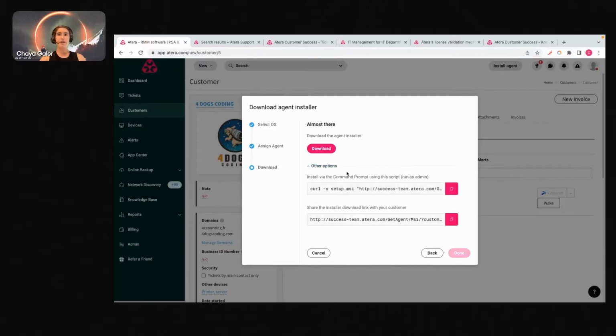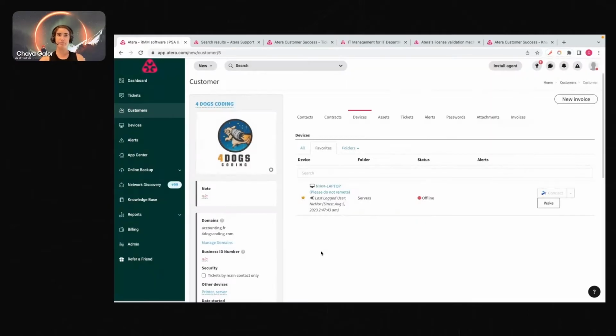And then you can either manually download the agent. We also have a curl command. So if you have a DC environment, we do support GPO. It makes the agent deployment a lot easier. If you have our network discovery add-on and the scanning agent is from a DC, then you can actually push the Atera agent through there as well. And if you have any end users that are working remotely, you can easily just send them the download link and they can go ahead and download the Atera agent to their device.